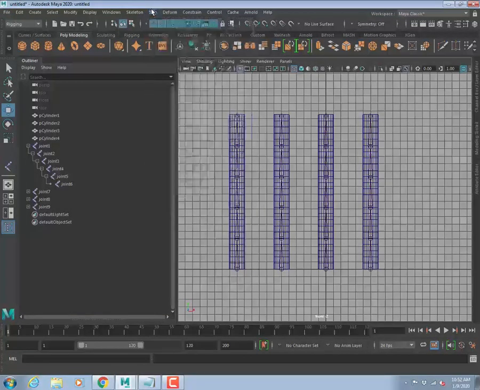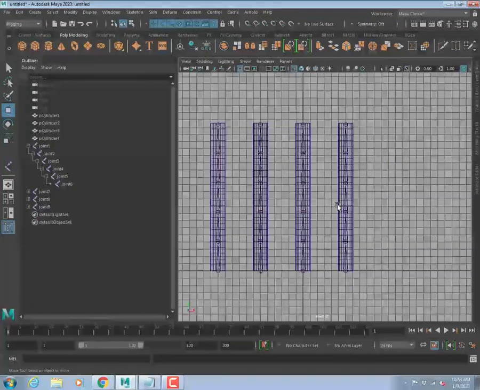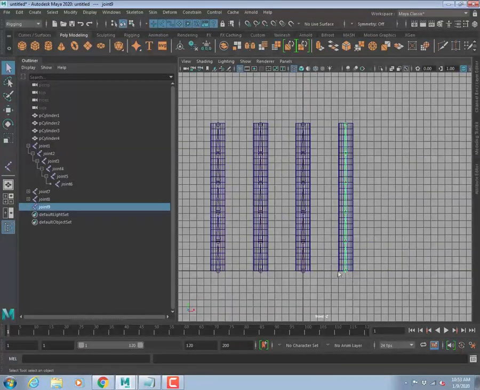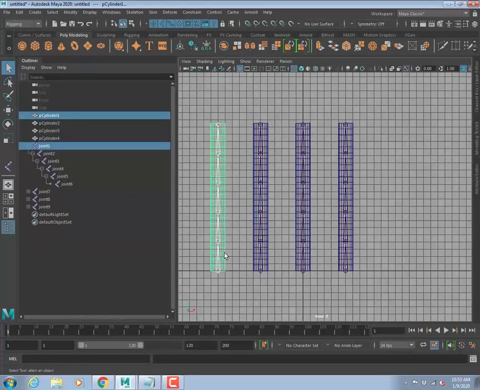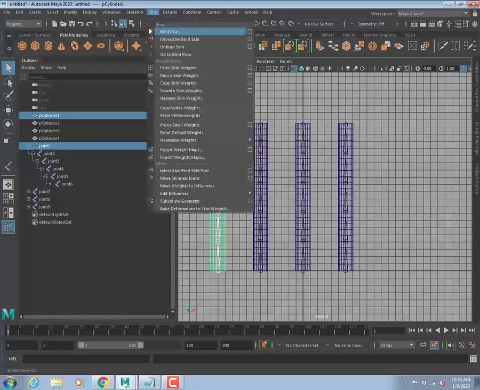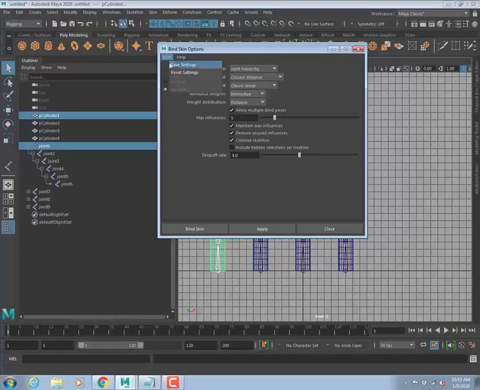When we do rigging for an animated movie, you definitely need to weight paint, because every detail is very important. But let's say you're doing a simple animation, a cartoon for YouTube, whatever, a simple one, then you don't have to weight paint. You have another option. You select the root joint, shift select the object. You go to skin, bind skin option box. I go to edit, reset the settings,